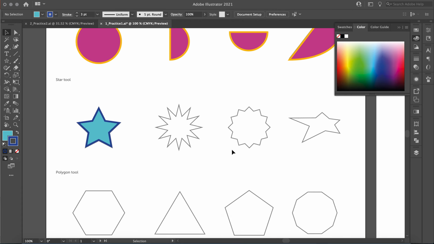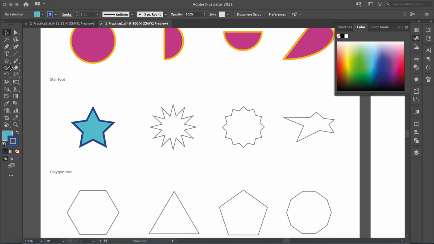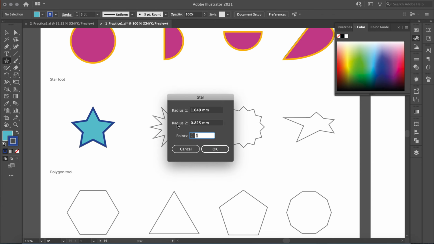All right, so we're going to grab our star tool again, and again, I don't have a tool that makes all these ones, so I'm going to do the same one, and I think this is 14. So 1, 2, 3, 4, 5, 6, 7, 8, 9, 10, 11, 12. Yeah, 12. So I can click once. I'm going to make a 12-pointed star,